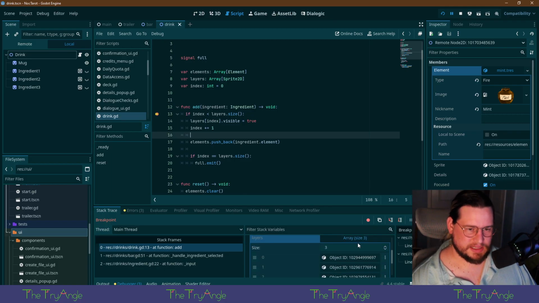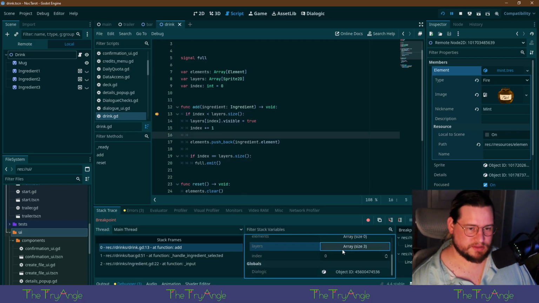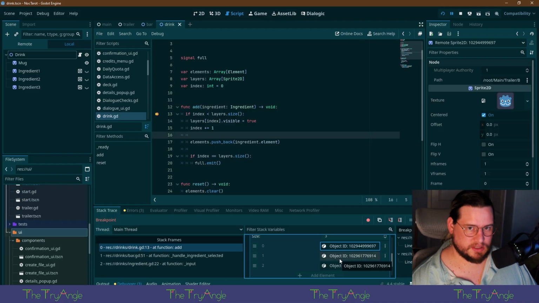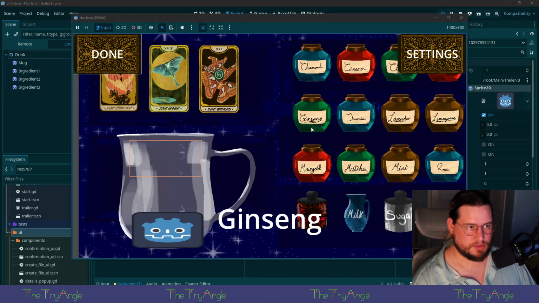But the layers, there's 3 layers, right? Ingredient 1, ingredient 2, ingredient 3. Okay, so I don't think we'll have the issue.